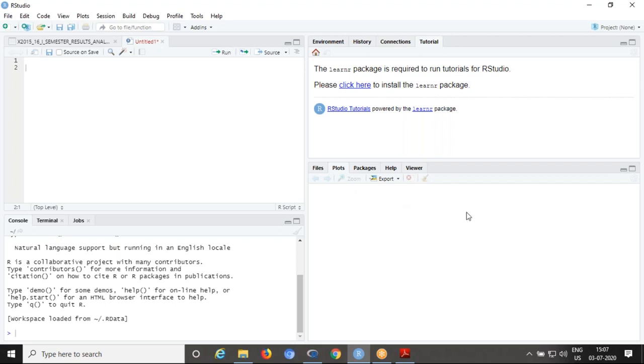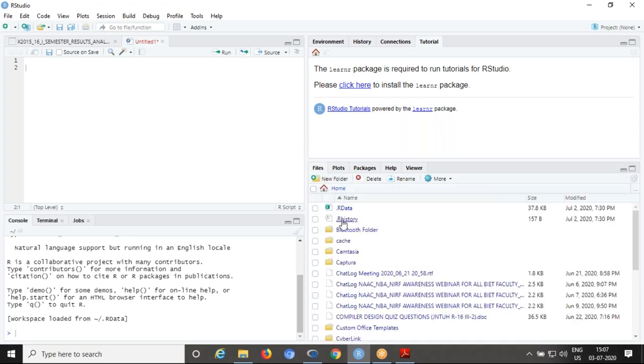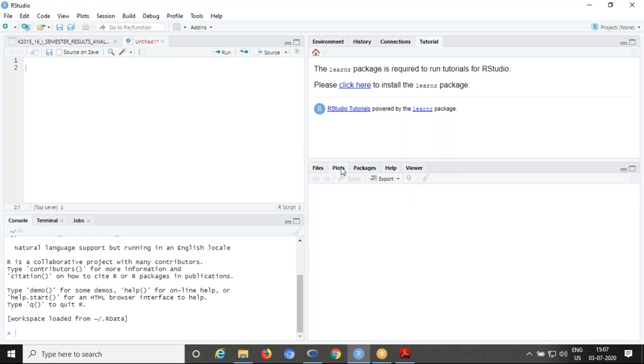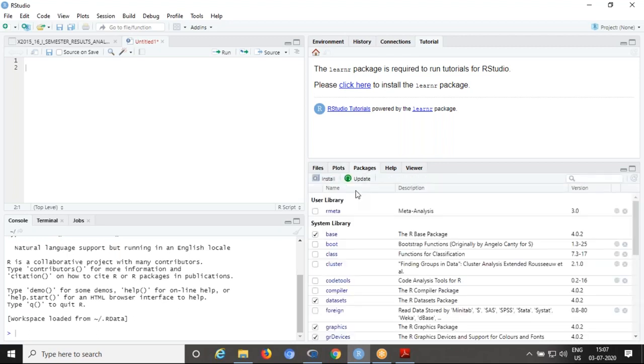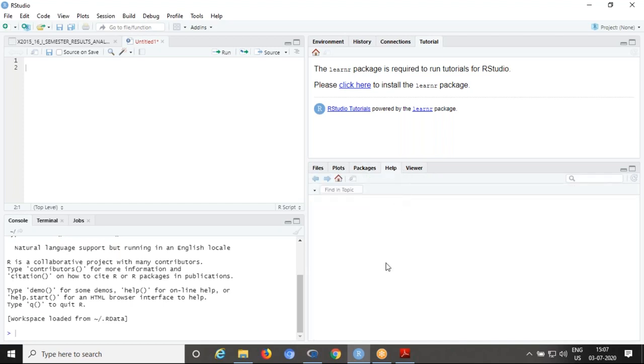Here the output, whatever commands you are executing using R or using a script, the outputs are displayed in window 4. Here you may select files, already existing files, then the outputs with plots, then packages you may install or select, then the help window.